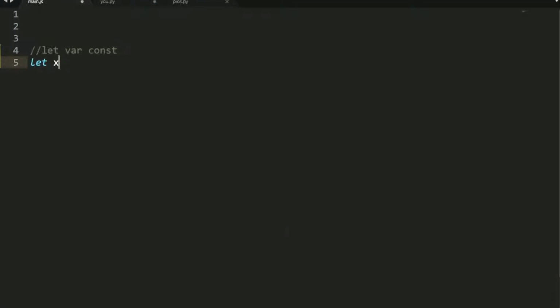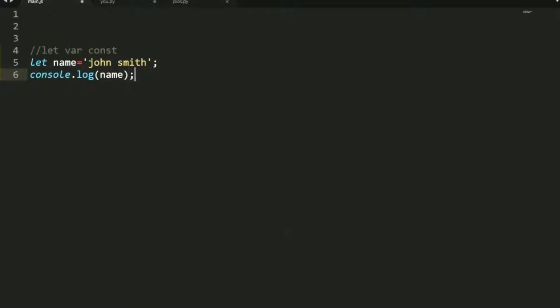This is a keyword. So let's say let name, where name is my variable name. We say let name is equal to John Smith, in quotes, and then put the semicolon, and then we say console.log, giving the name of the variable here.